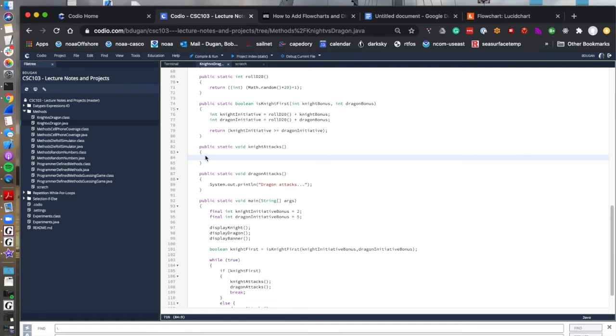What has to happen when a knight attacks? All right, so there are two big-picture things that have to happen, and then we can break those down into more details. There's some richness in how a knight attacks a dragon or a dragon attacks a knight. So the knight is going to